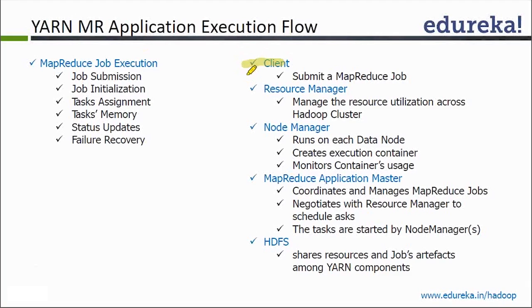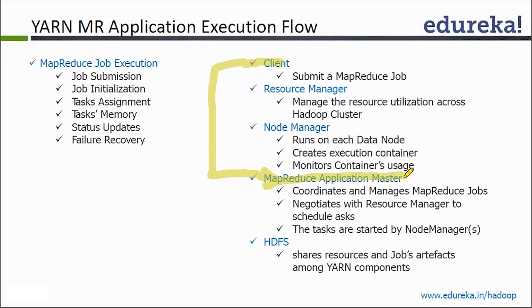I will show you with the flow, guys, how it works. So when you submit your job, it gets a job ID and all those things. Once that part is done, the execution of that particular job starts. And that's where the MapReduce application master is going to come into the picture. So now if you submit a MapReduce job, it will be the MapReduce application master's responsibility to negotiate